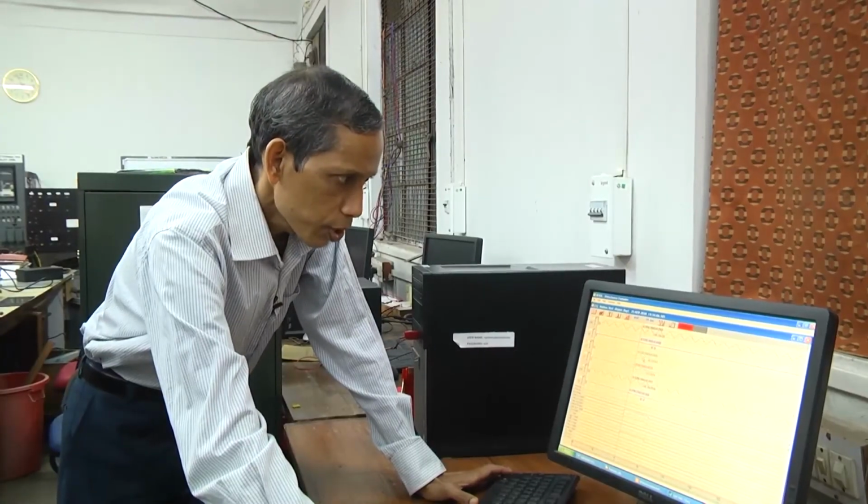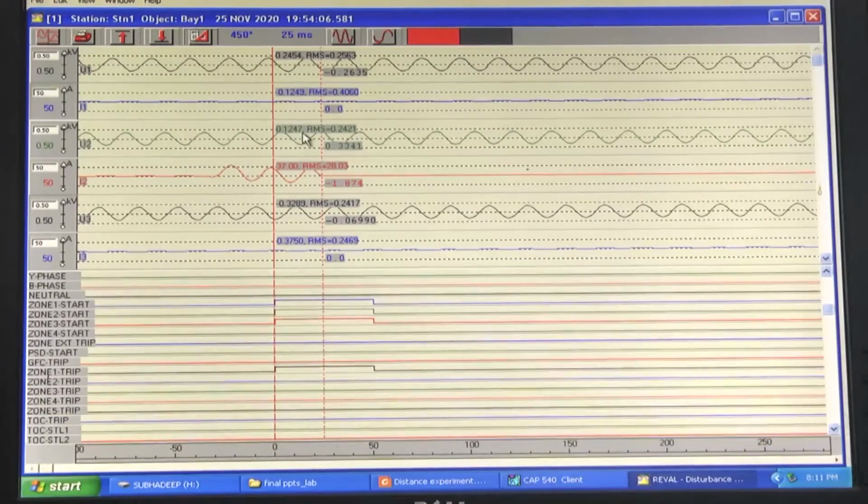During the fault, if you see here, the corresponding voltages and currents are being provided. The fault is in phase B. The corresponding fault current in phase B shows an RMS value of 28 ampere, and then we have the voltage at that time. The RMS value of voltage happens to be 242 volt for this particular phase B. Using these voltages and currents, we can find the apparent impedance Z for the particular case, which we would like to verify whether it is a zone 1 fault or not.